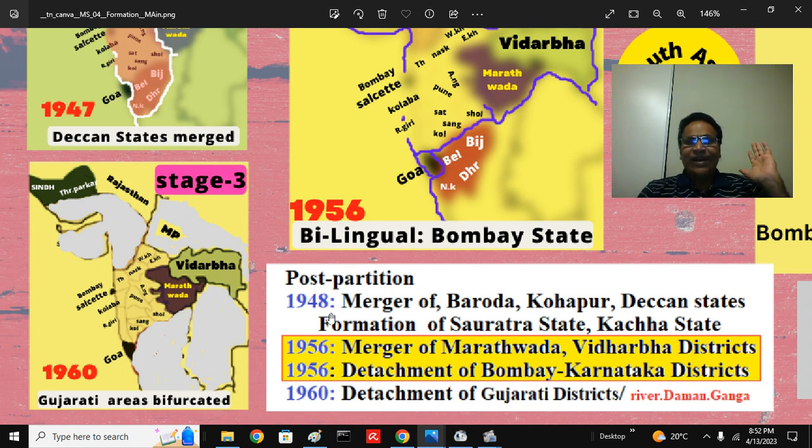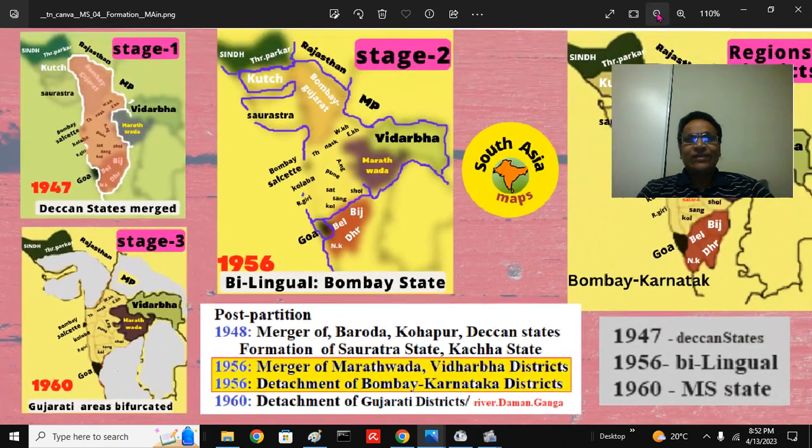Here I have put the post-partition 1948 merger of Baroda state, Kolhapur princely state, other Deccan states, and formation of Saurashtra state and Kutch state. We have seen Saurashtra state and Kutch state were formed, that is stage 1, 1947-48. In 1956, the merger of Marathwada, the merger of Vidarbha districts, and detachment of the Bombay Karnataka districts, the 4 Kannada-speaking or Canara-speaking districts here, and next in 1960, detachment of Gujarati-speaking areas north